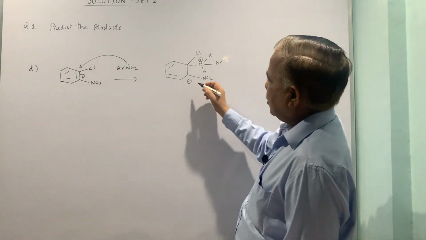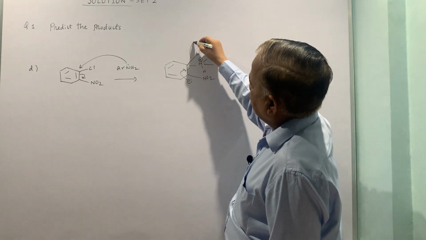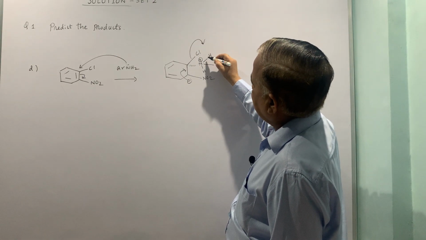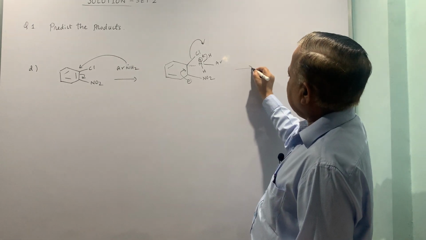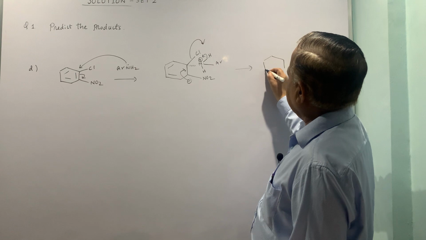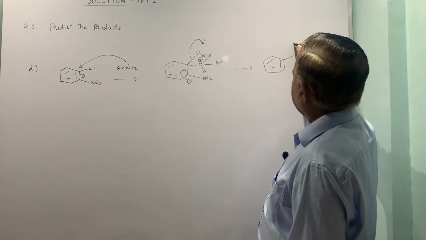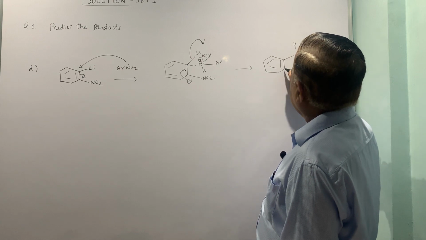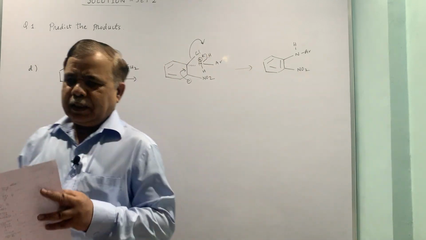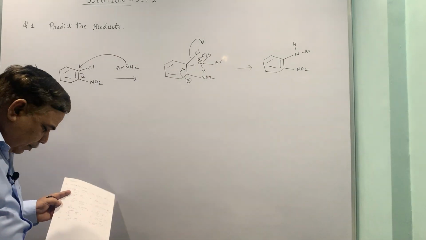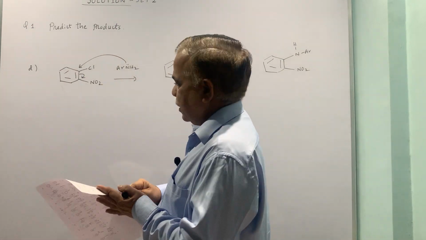Now this is the transition state. Later on this negative charge comes back, Cl goes out, but while going out it abstracts the proton, and ultimately HCl is lost, and what we have in our hand is the product where trivalency of nitrogen is also satisfied. So that is how we are supposed to show the arrow pushing for this kind of reactions.